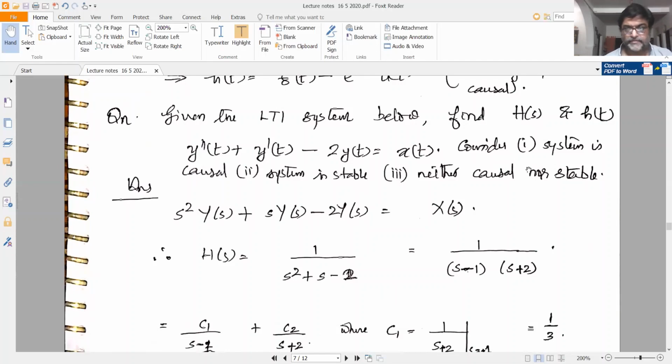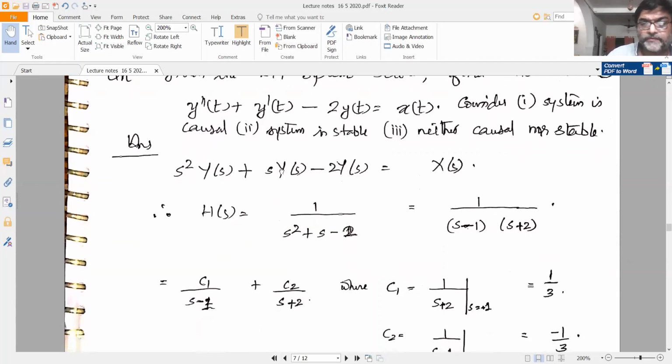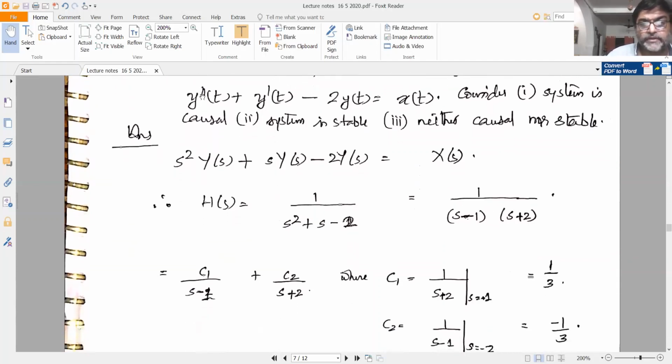in which case the system does not have a Fourier transform, there is no frequency response for the system. So therefore, we will apply the Laplace transform throughout and find out the expression for h of s. Taking the Laplace transform throughout, this is s squared Y of s plus sY of s minus 2Y of s is equal to X of s,